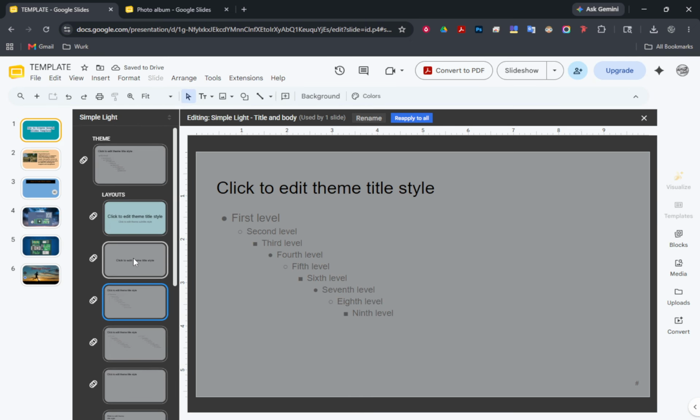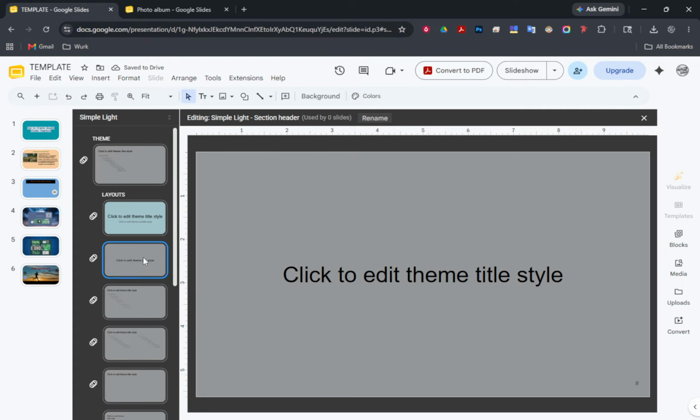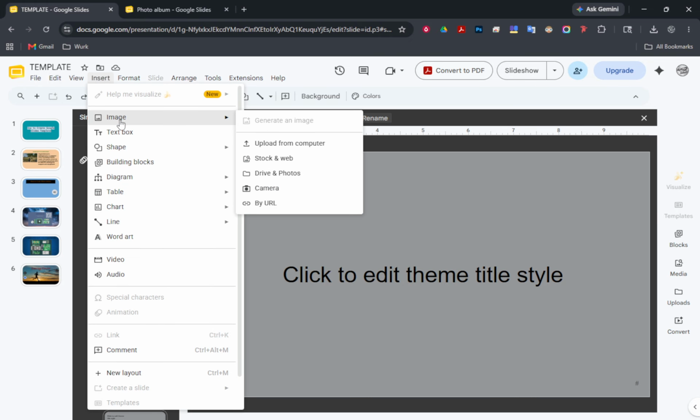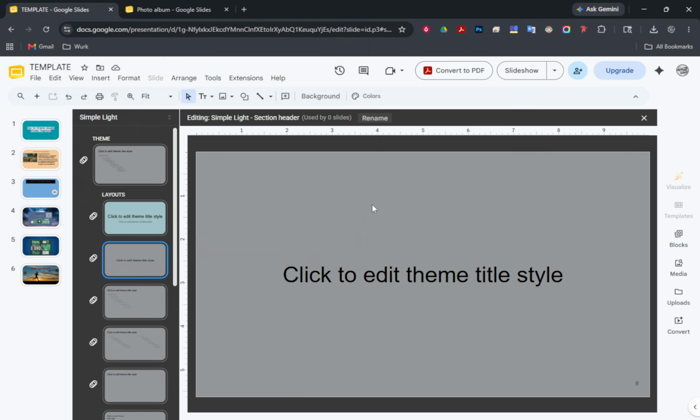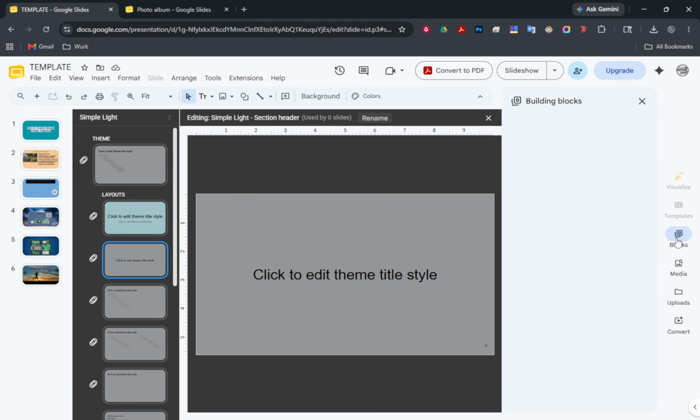Bring in your branding thoughtfully. Insert a company logo on the master or specific layouts so it appears in the same spot on every slide. Define brand colors in the theme settings and choose legible fonts from Google Fonts. If you use a footer or slide numbers, add them in Theme Builder so they're automatic. Prioritize simplicity, consistent spacing, and large, readable text with strong color contrast.